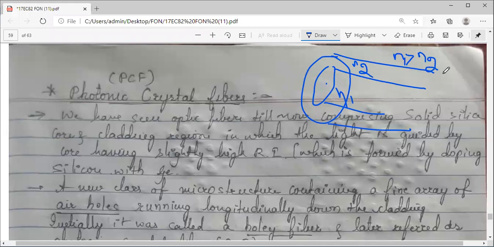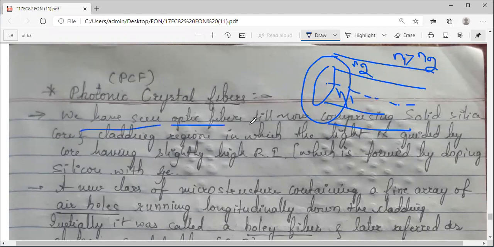This is your conventional optical fiber construction, and the working will be single mode, multi-mode. There are different types. We have seen all those concepts in the previous sessions. This is about your conventional optical fiber.